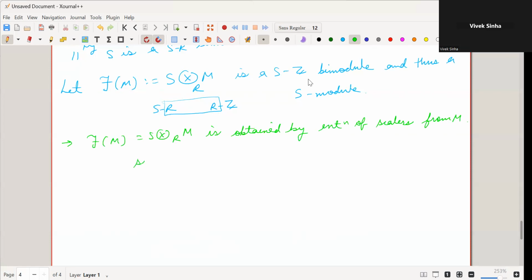You have S multiplied with an arbitrary element of S tensor M, that is the sum of s_i tensor m_i, i equal to 1 to k, where s_i is in S, and m_i is from M. So how is this multiplication